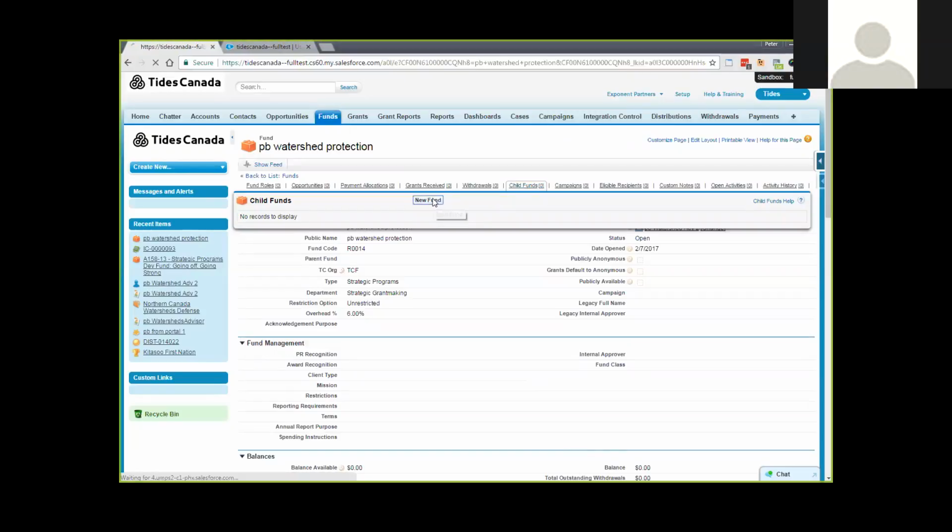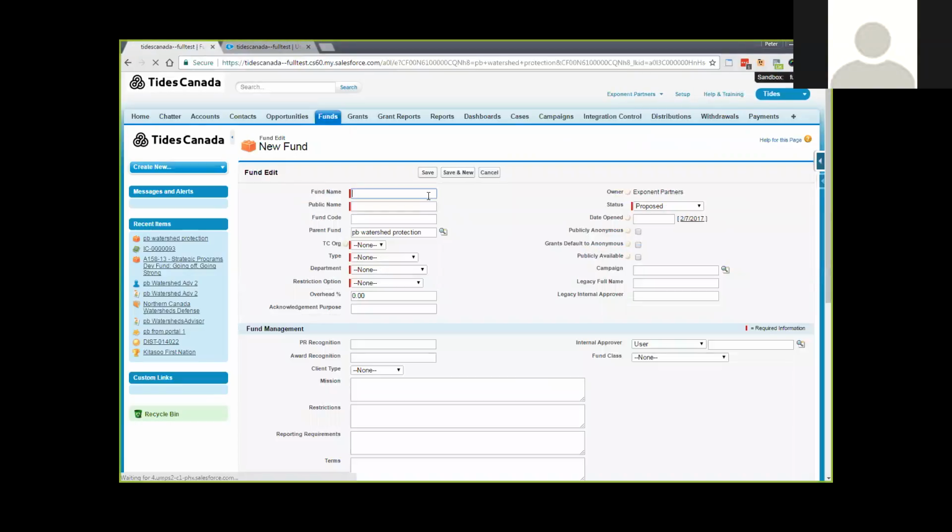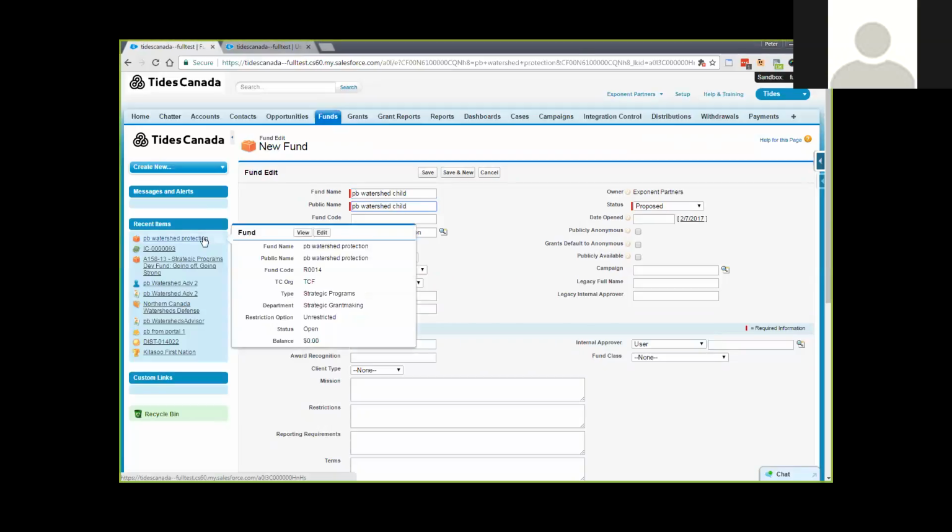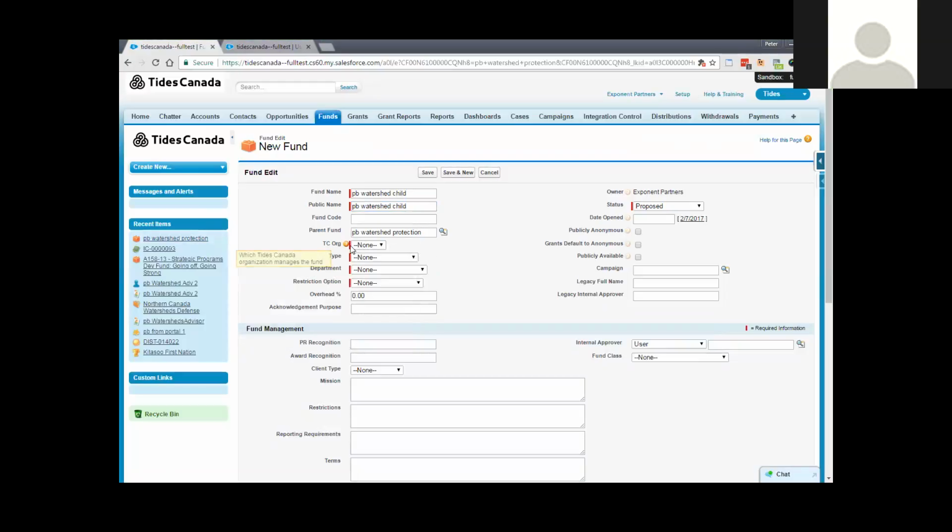We'll create a new child fund for this one. You'll see it filled in the parent here. And let's see, did I put that in TCF? Yeah, okay. TCF,